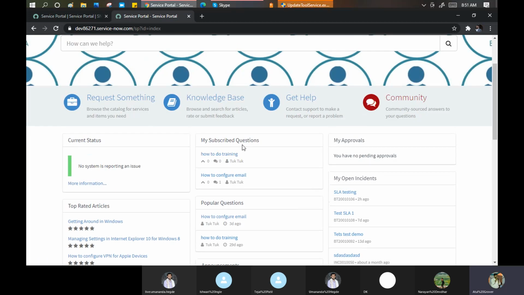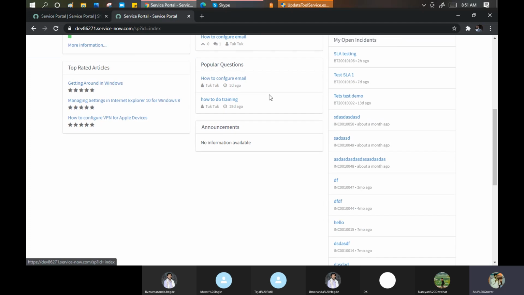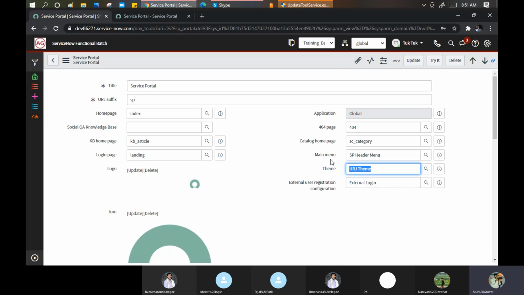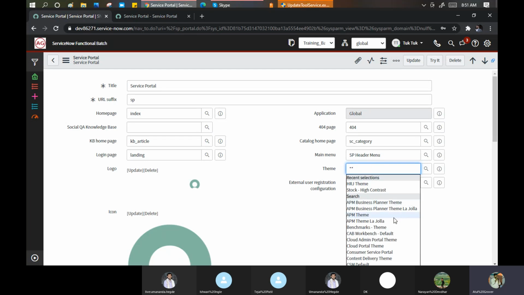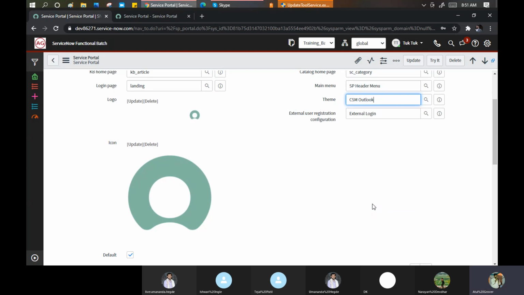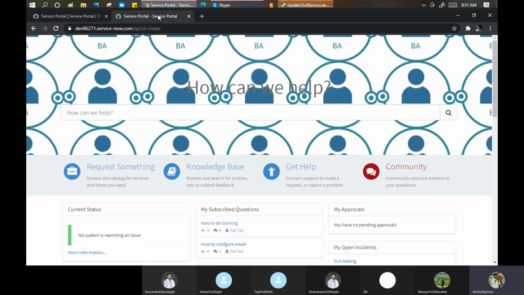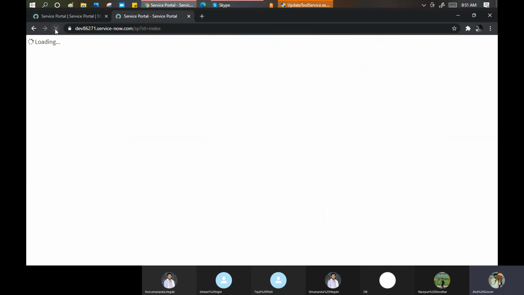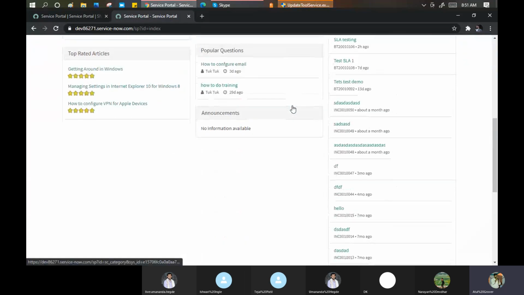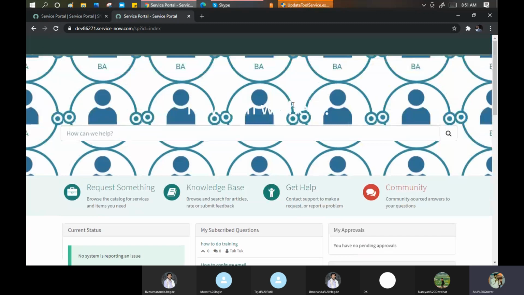Right? I was having a theme where, if you scroll, these things will be scrolled, but now my full page is scrolling completely. Why? Because I changed my theme. If I change one more theme, CSM Outlook. So these are the configurations, always remember, and these are the value addition for a customer. You can show multiple themes to them. Boss, this will work this way. What do you want? See, now color has come, header has come, rest things are saved.